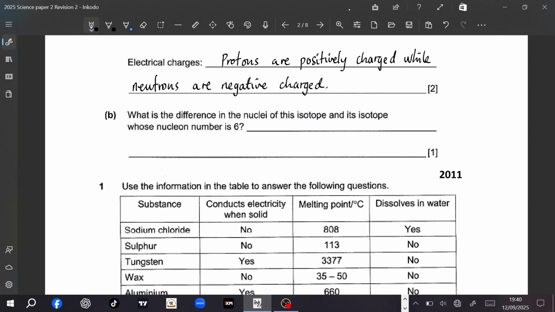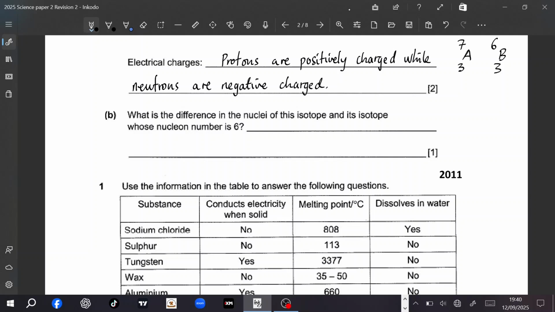Let's say we have isotope A, which had a nucleon number, or mass number, of 7. And then we have also isotope B with a nucleon number of 6. Both are said to have the same number of electrons, 3. So that number of electrons will be the atomic number, which we can put here. So now, what is the difference here? The difference is that